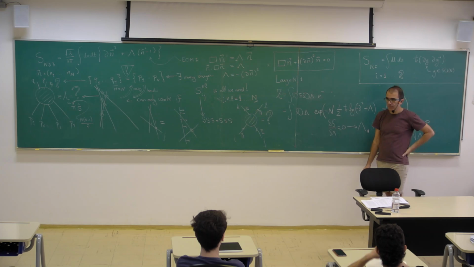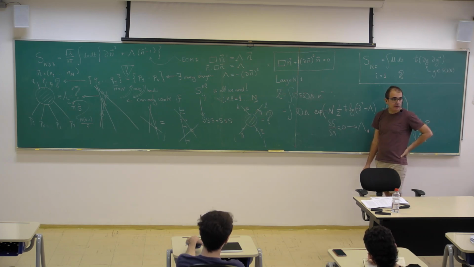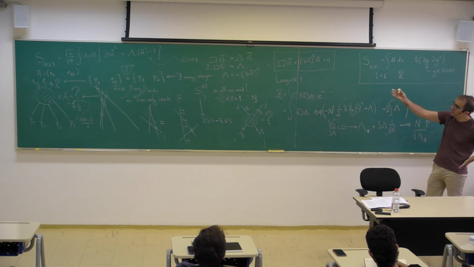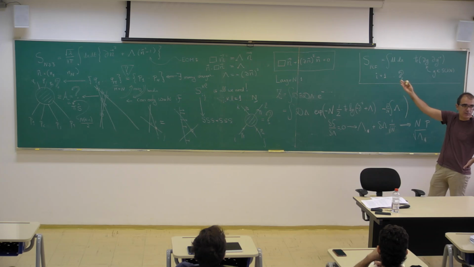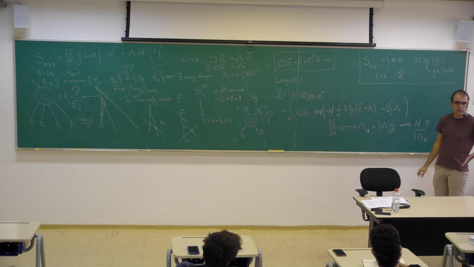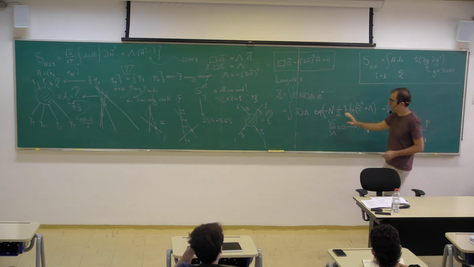if you see in the action, the way to minimize the action is to put n normalized to 1. So n is not a field for which I have the right to use saddle point. There is no sense in which n is dominated by saddle point. n is a quantum field. Lambda is dominated by saddle point, that's what we derived here. So the fact that lambda couples to n scalars makes lambda feel a very big background, and therefore lambda becomes classical. n no. So n is not classical, lambda is.